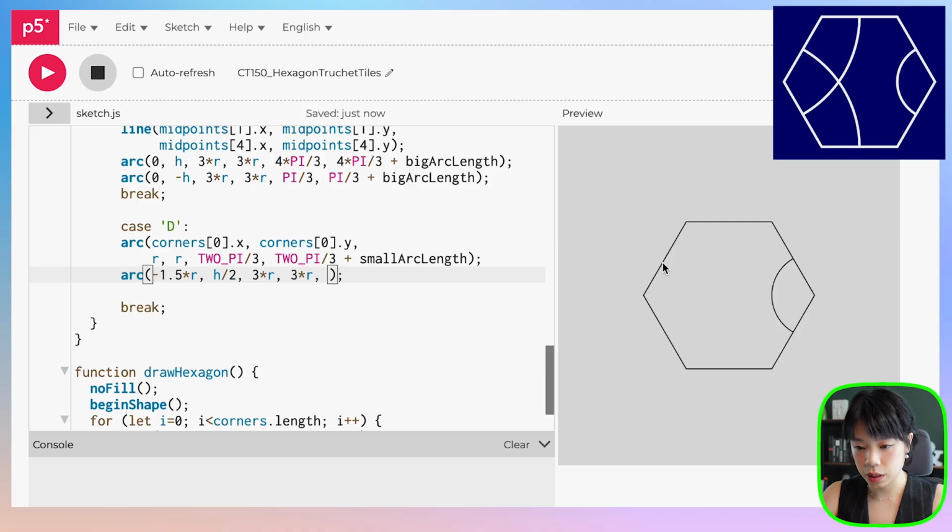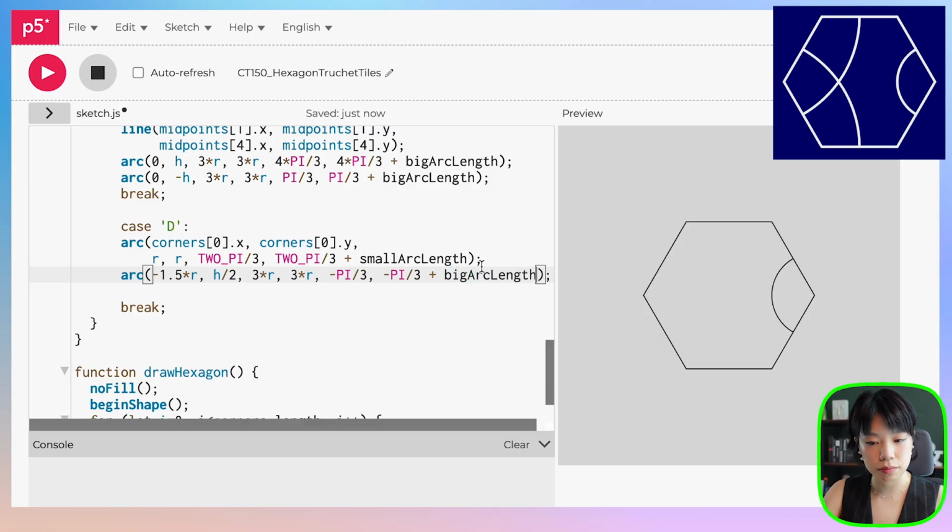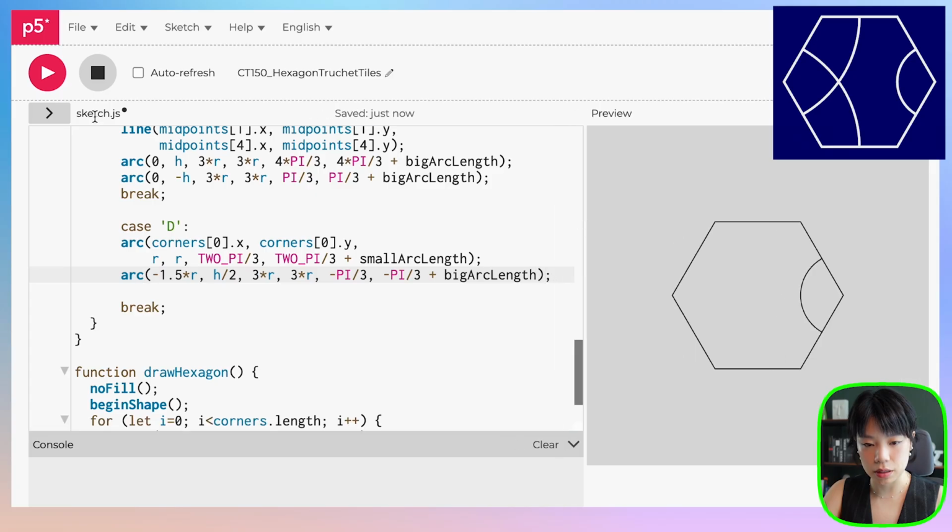So 0, and then yeah, it's going to be negative pi over 3, and then end at negative pi over 3 plus big arc length. It actually is just 0, but let's keep it consistent. Nice. And then last but not least,